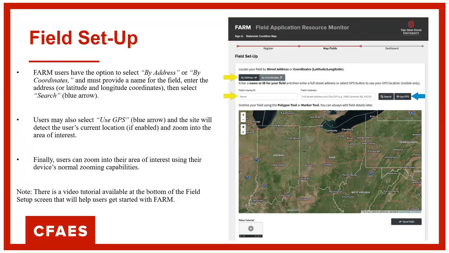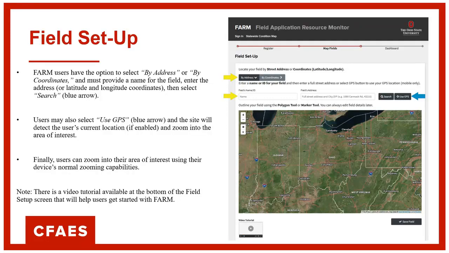Or, if you're using a phone or a laptop that has location services on it, like an iPad or something like that, you can say, use my GPS, and it will zoom in on your current location. So if you're out in the field, it'll find you there.